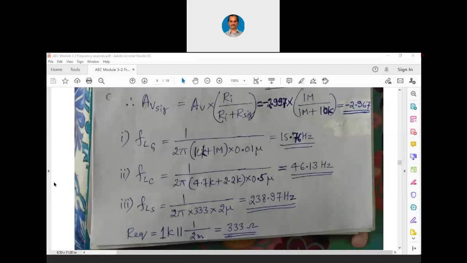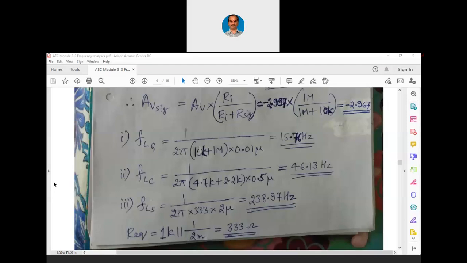Even in this particular exercise also, the dominant capacitance is the source capacitance. Even in our previous exercise also, we got the dominant capacitance as the emitter capacitance. That was the one which was deciding the low frequency response. Here also it is the source capacitance that is deciding the low frequency response. Because as you already know, the highest value of frequency is the one that is nearer to the maximum gain, which is away from 0.